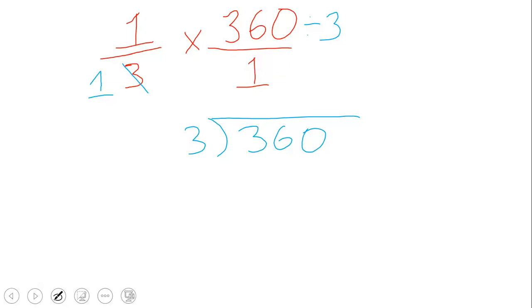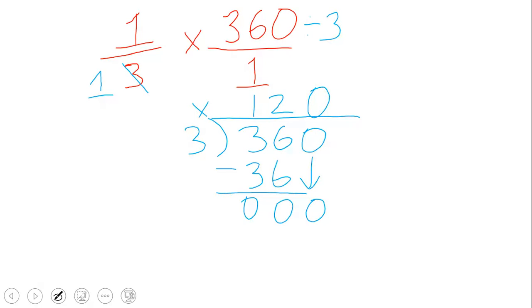Notice that 3 times 12 is indeed 36. 6 minus 6 is 0, and 3 minus 3 is 0. Now we bring down the 0, and we note that 3 times 0